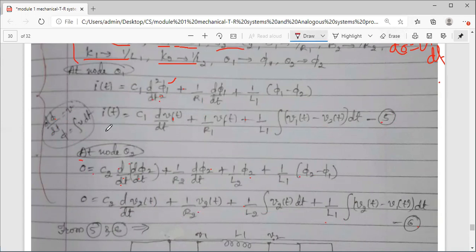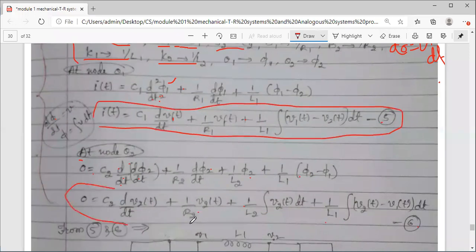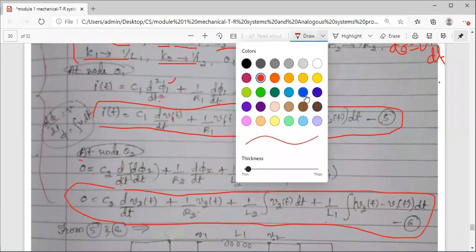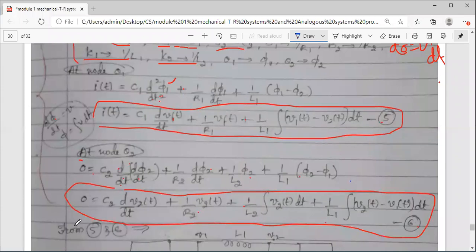Now I want these two equations. This is your first equation. This is your second equation. From these two equations, I will draw the circuit. Okay. Now, in the earlier case, first we have seen that as many nodes as there are displacements, that many loops there will be for torque voltage. Now coming to torque current, as many displacements, theta 1, theta 2, that many nodes will be there in the circuit.